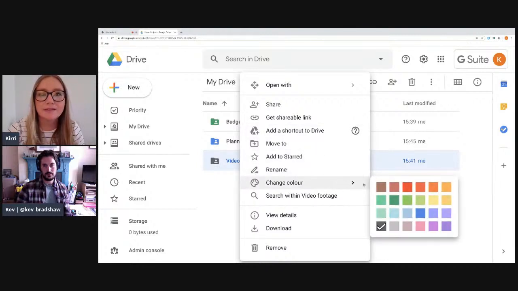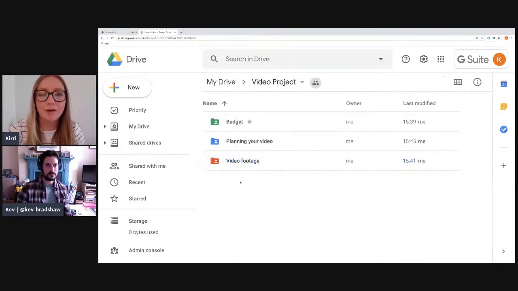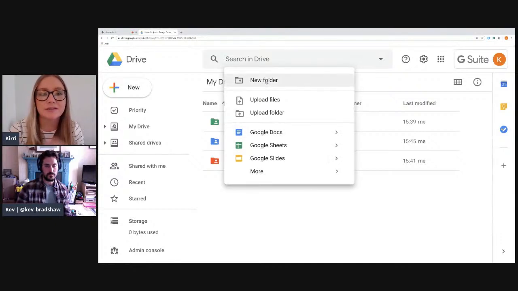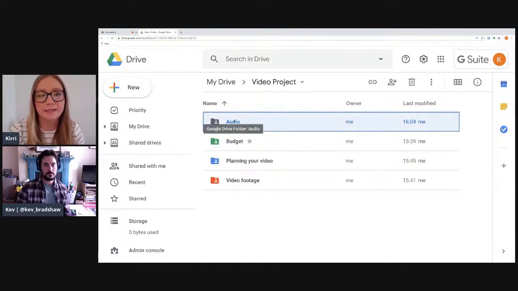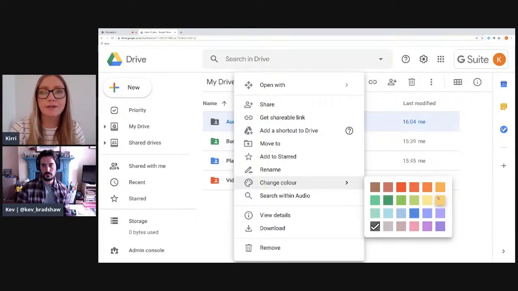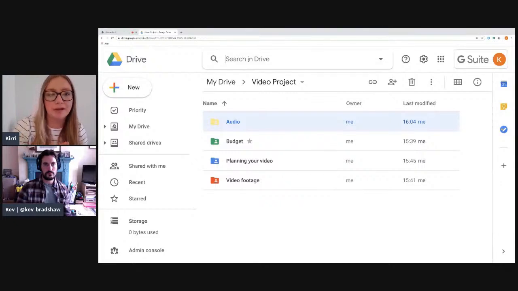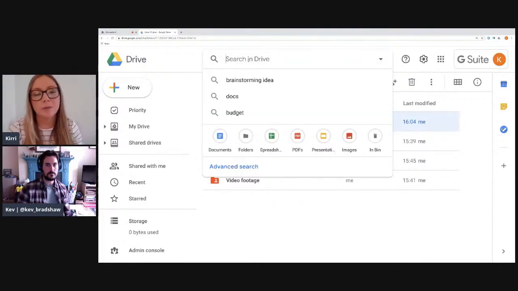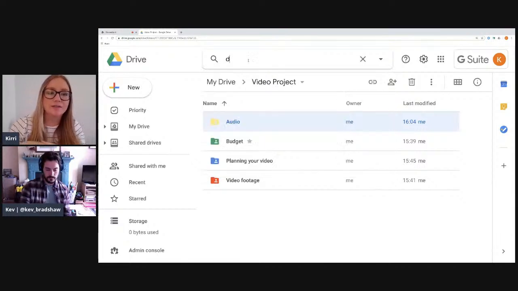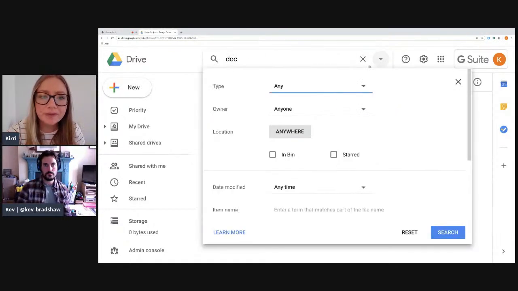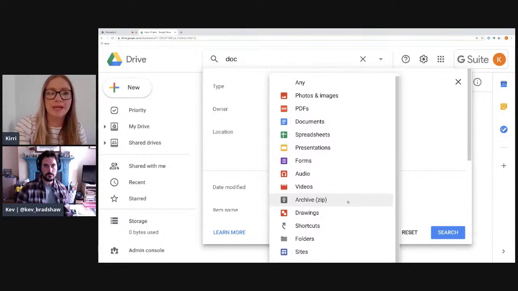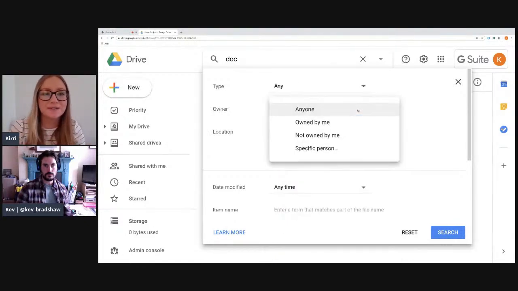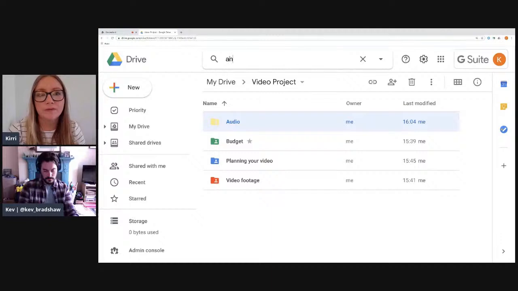But the other thing is, particularly now working at Google, a lot more information is shared with me on a day-to-day basis, and the search in Drive is a much easier tool for me to find things really quickly. So in the search features, even if you don't remember the document name, but you remember the person that shared it with you, or what type of document it was, or you can just say one word that you think it might be, you can see here that there are these additional search features. Especially when you're first starting out and getting used to the shared with me area compared to my drive and shared drives, the search feature is absolutely one of the most useful tools you can use.